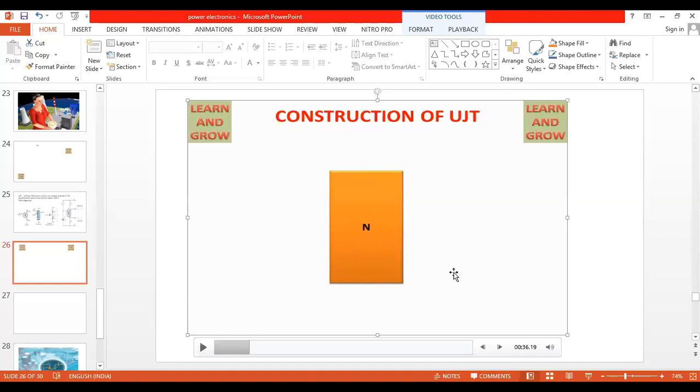You can ask, sir, what is the disadvantage of intrinsic? Intrinsic, as we have studied in the books, is the pure form of semiconductor. Pure form means the number of holes equals the number of electrons. But if I use that pure intrinsic semiconductor, it takes maximum current to turn on the device. That's why we go for doping, the addition of impurities to the existing pure semiconductor. After the doping process, the intrinsic semiconductor is converted into an extrinsic semiconductor. Now after doping, any semiconductor chip contains a combination of electrons and holes.